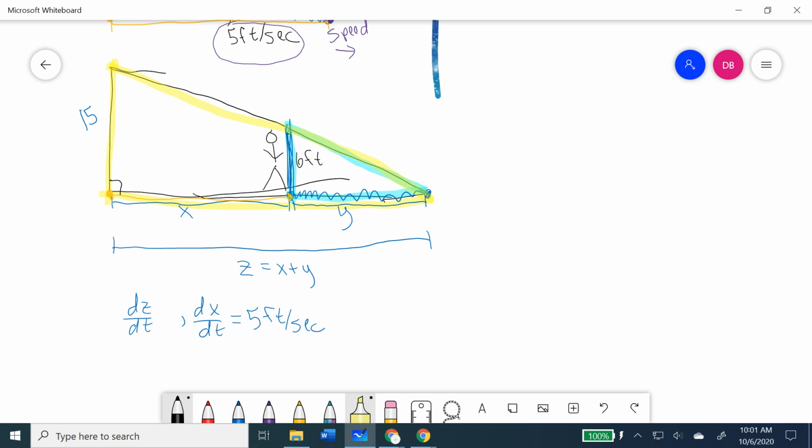And does everyone see that those two triangles are similar to each other? We will be finding dy dt. We'll have to find dy dt in order to find the dz dt. So right now, just kind of stay with me here. I know how annoying this problem is